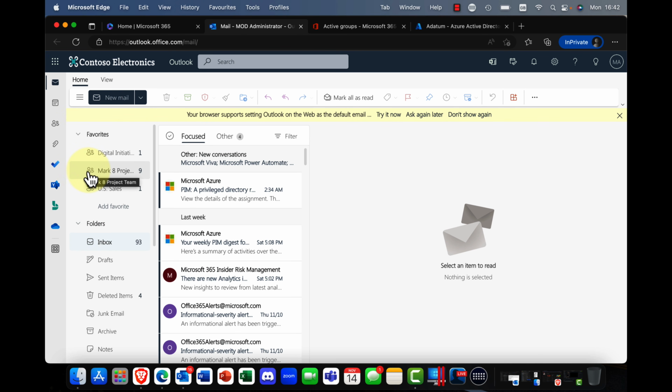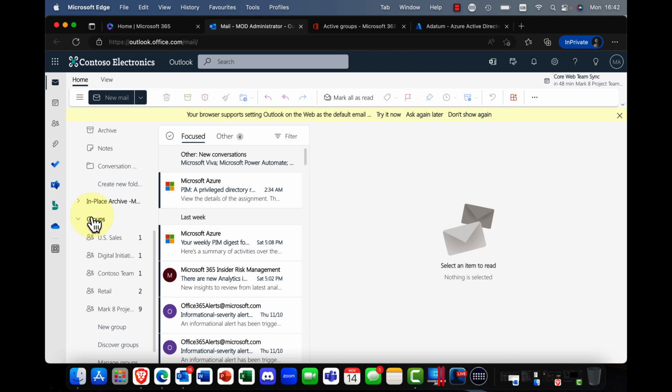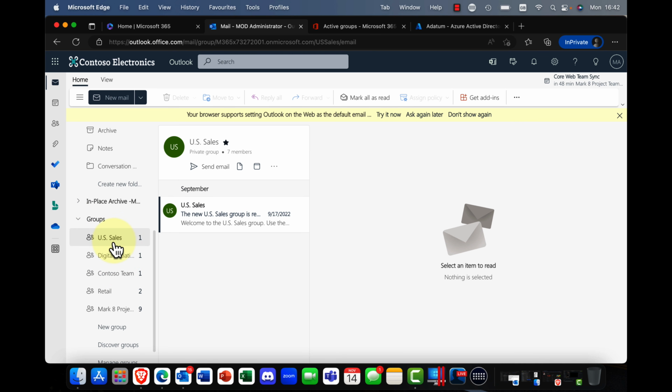Well, actually, by default, any user can create groups. Now, if you're an admin and you want to avoid that, then of course you can control it. So I'm going to come down here into groups, and you can see I've got a group here called US